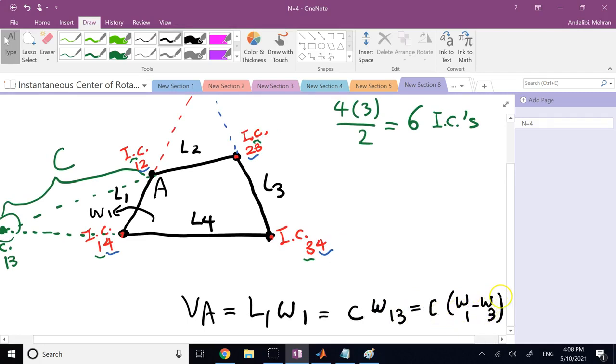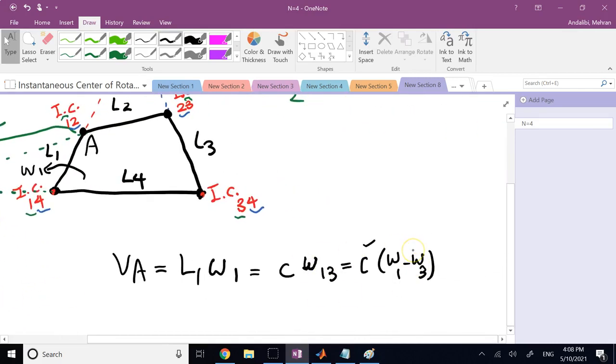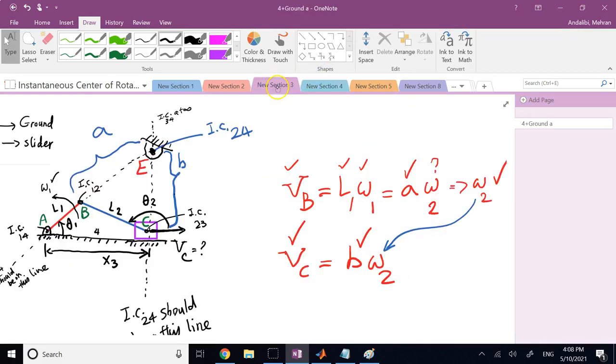And that's fine. Through here, you can find omega 3 probably, right? If you know distance C. But remember that here your reference is what? Omega 1 with respect to 3, not 4. If it's 4, then omega of 4 is 0, life is good. If it's not, then it's the relative omega of the 2 members, which is the difference between the omegas. Okay, so you have to know that if you're using anything where one of the pairs is not ground, you have to pay attention to the omega that you're using. The same thing can be said about this